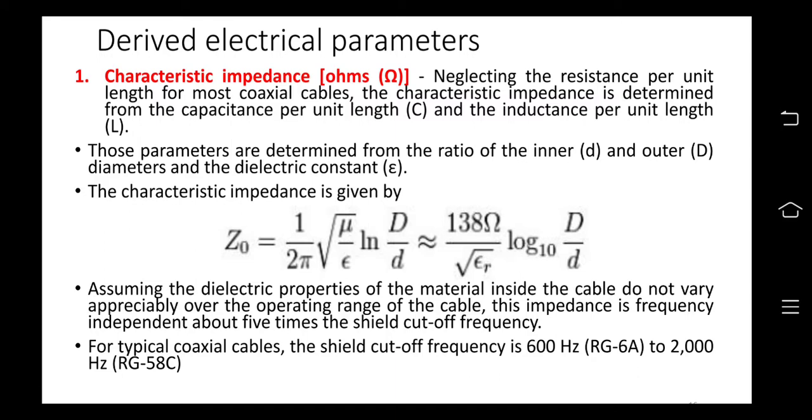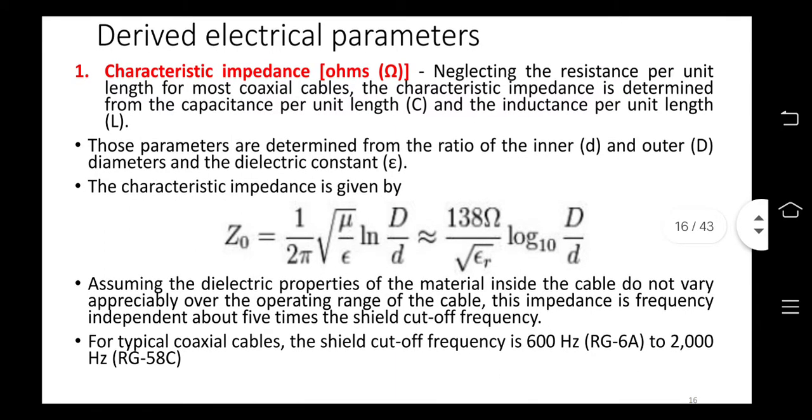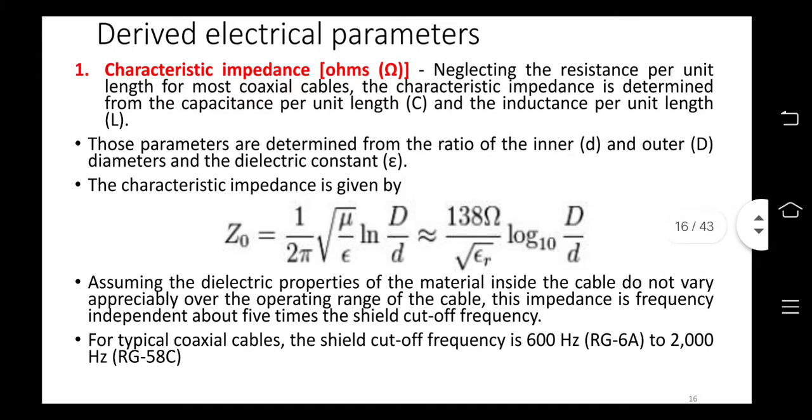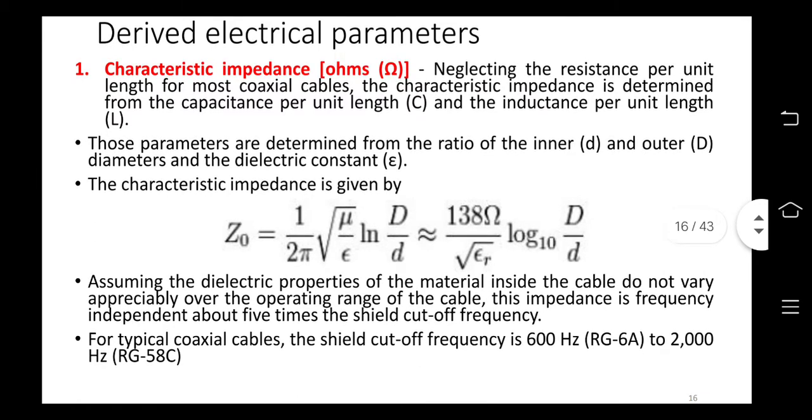First one is the characteristic impedance, units ohms. Neglecting the resistance per unit length for most coaxial cables, the characteristic impedance is determined from the capacitance and the inductance. Those parameters are determined from the ratio of the inner diameter d and the outer diameter capital D and the dielectric constant epsilon. Characteristic impedance is given by Z0 equal to 1 by 2 pi square root of mu by epsilon ln D by d,